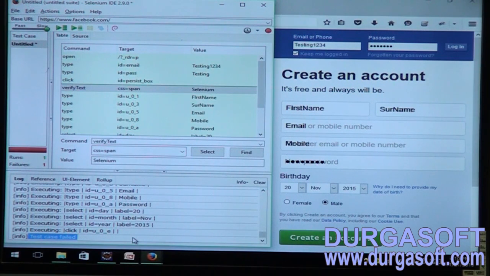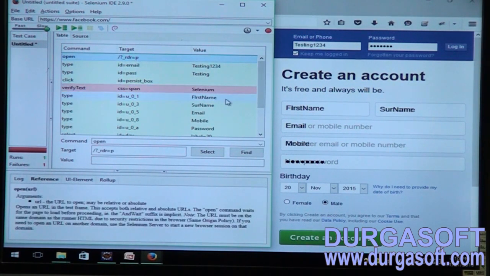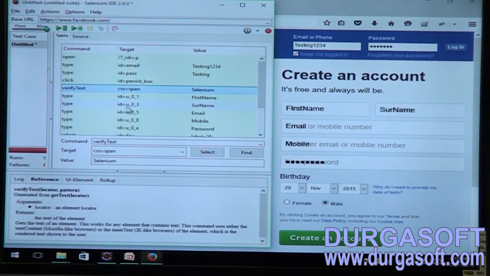Right team? That we already know, since we do have some knowledge of manual testing concepts. Now if you go and see here, this is something called a validation command. So what happens in verify, when I use the verify command? If the text is available, it will run successfully. If the text is not available, it will say that is a defect, and then it is going to move on and execute the next step, right team? That is the advantage of this verify command.